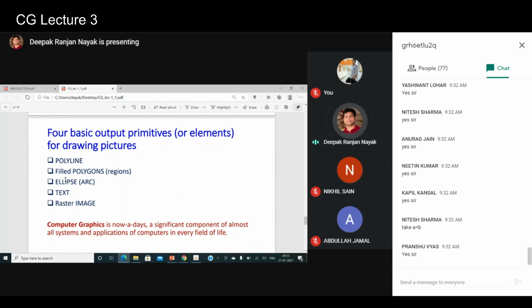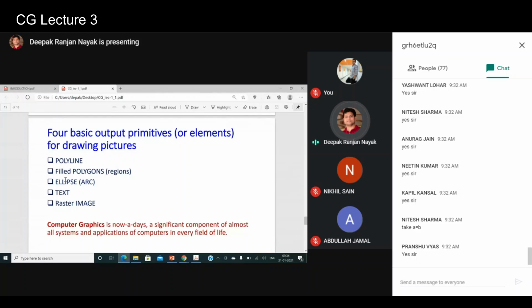Images are sometimes difficult to draw. There are a few real world images which are typically difficult for any graphic system to draw, because there are a few patterns which are sometimes not possible. I mean, very challenging. I'll show you one example where maybe some graphic systems fail, but right now there are so many sophisticated graphic systems available through which you can also create natural images or patterns which are very difficult even using these primitives. So now it is possible to draw, but it's really challenging sometimes.